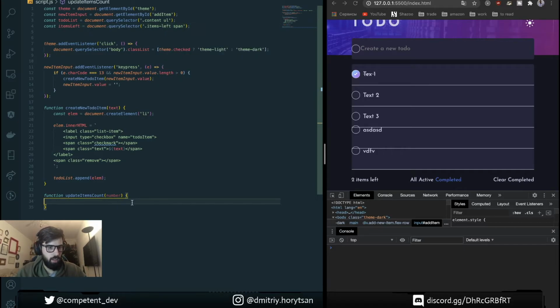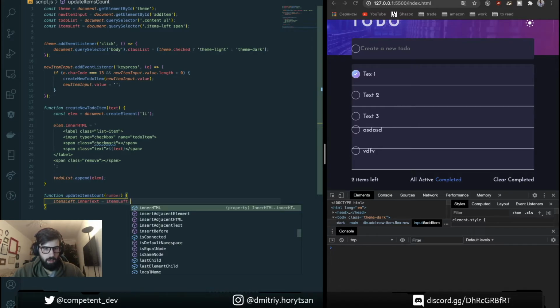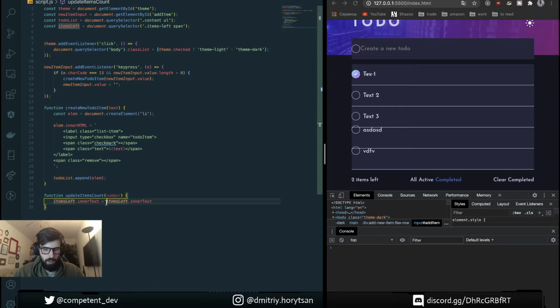Then items left inner text equal items left inner text, but it's gonna be a string. We need to convert it to a number and plus number like this.